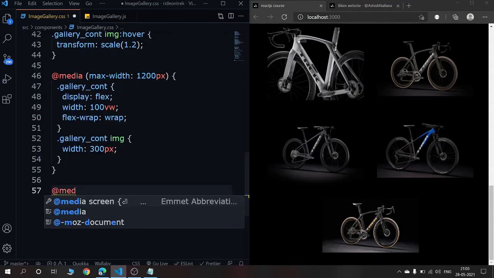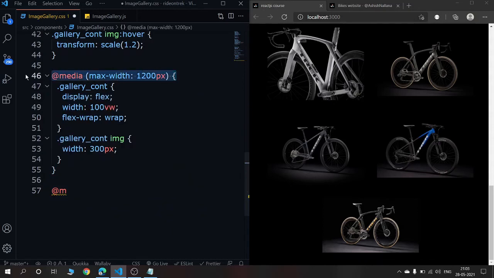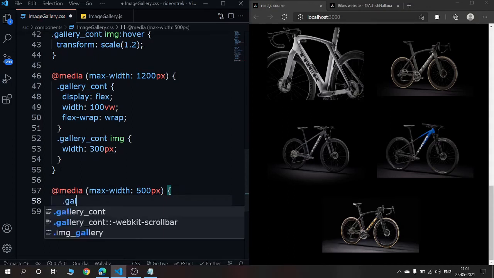At the rate, let me just copy this. Why I'm typing it again and again, I don't know. Habit, guys, habit, bad habits. So it should be 500 pixels this time. And then what are we going to say? We just say .gallery-count back again,